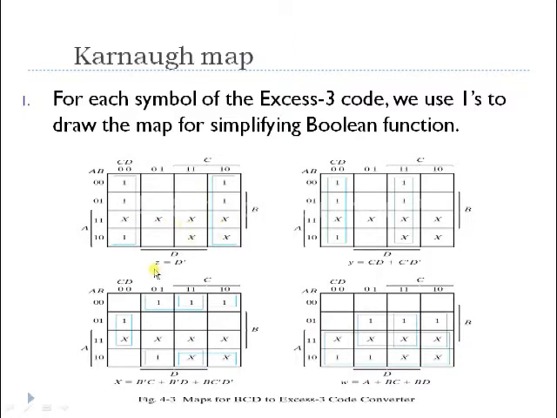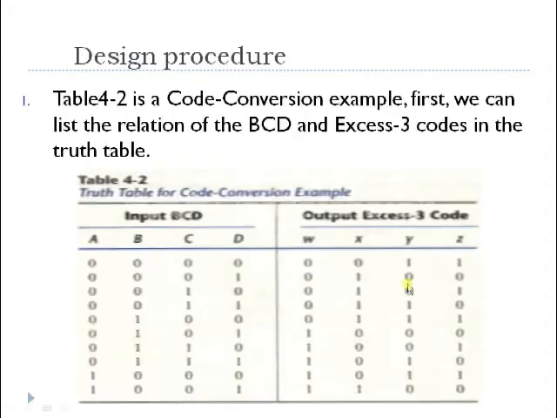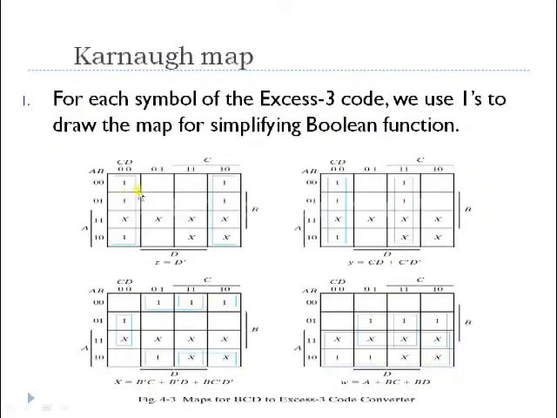If you can see here, for example, if I take the Z function, the Z function minterms are 0, 2, 4, 6 and 8. The remaining ones marked X denote don't care combinations. In order to group, I have made here a block whose size is 8. As you can see there, I got the final expression as Z equals D complement.